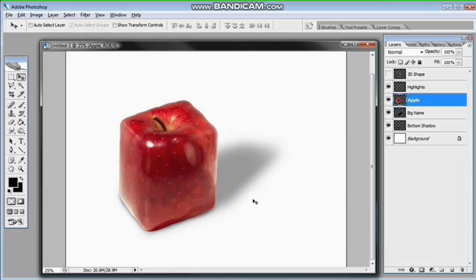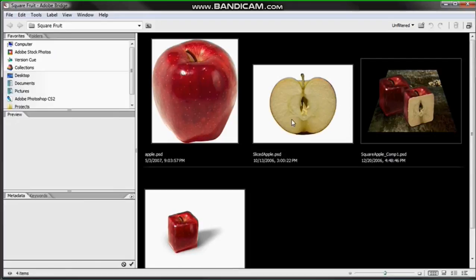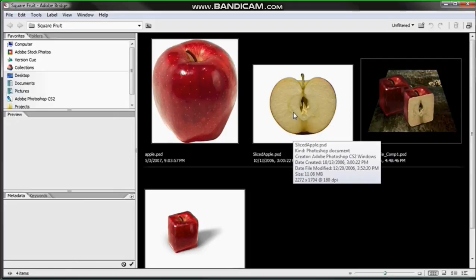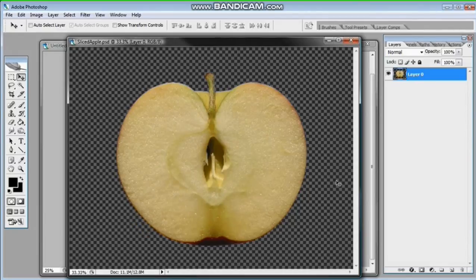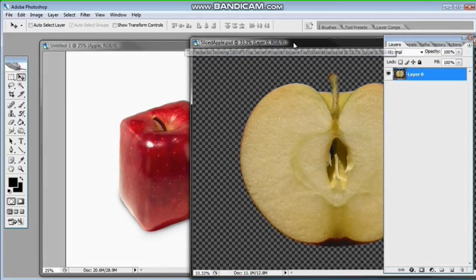Now let's bring in the sliced apple. So let's go back into the Adobe Bridge, and I'll double click on the sliced apple right here and load that into Photoshop. And here's our sliced apple. Now before we use this image, I want you to move this out of the way just for a second